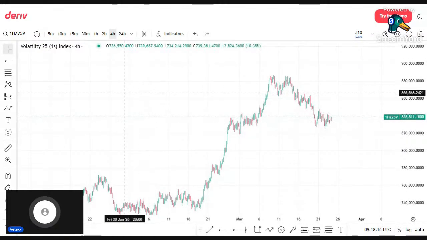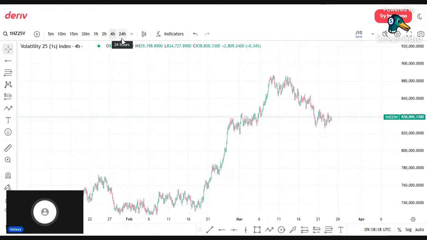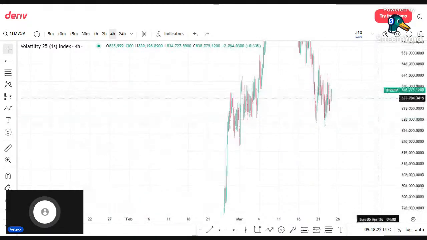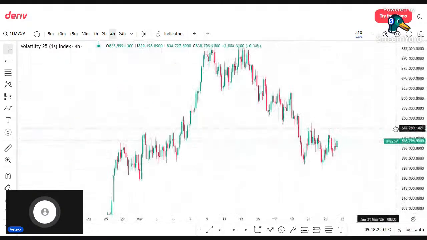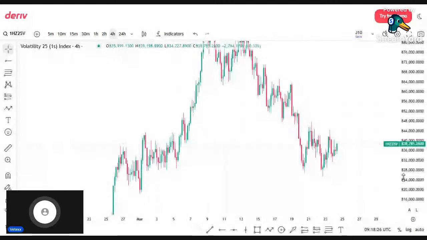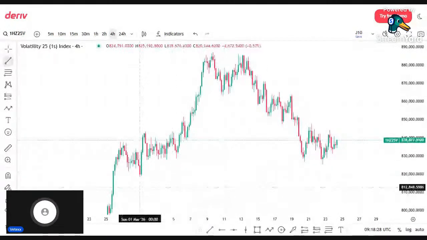V25 one index has been bullish. Starting from the 24-hour time frame, it has been bullish. On the 4-hour time frame, it has been bullish. And yesterday, price took out our structural liquidity on the 4-hour time frame. So marking out the structure, we have this sweep of liquidity here,